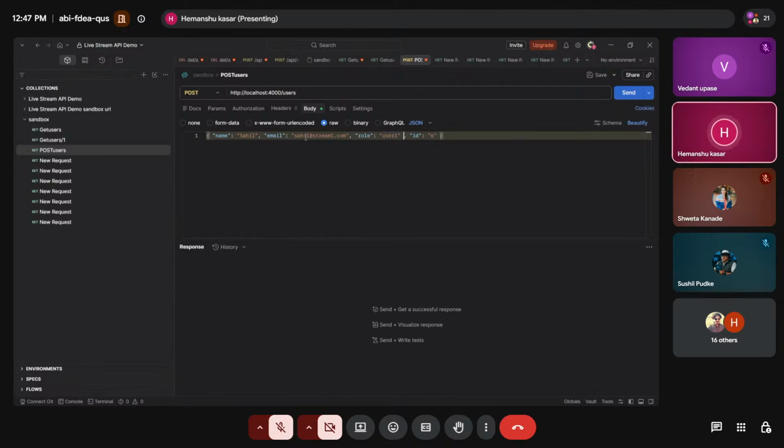This particular API can be used to create the data of the user. Suppose the user will be logged in to your platform, so he has to sign up first if he is not registered. So that data will be passed on using this API. So what's his role? A developer, or we can even give the lead.